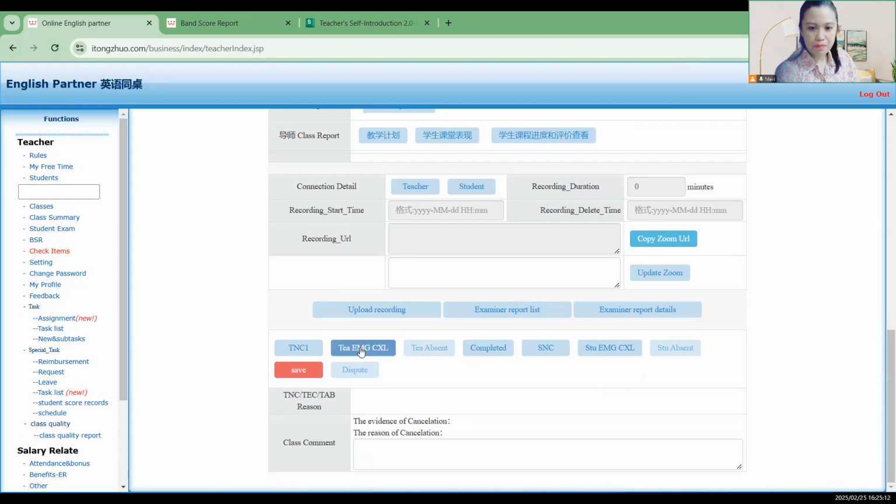Sometimes there's another pop-up here, another button that you can press or click, that will mean complete save. So if this is not what you see, you can see other buttons other than teacher emergency cancel and student emergency cancel. The other buttons here are what you click for complete. So just complete save or whichever button has the pop-up.